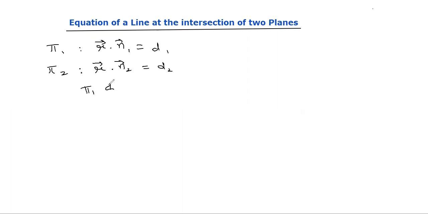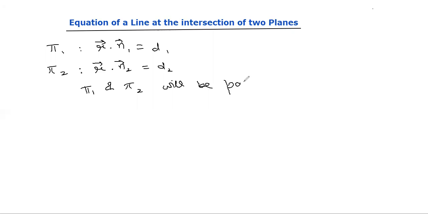Let's consider two planes, pi1 and pi2, with the equations r dot vector n1 equals d1 and r dot n2 equals d2. The two planes pi1 and pi2 will be parallel